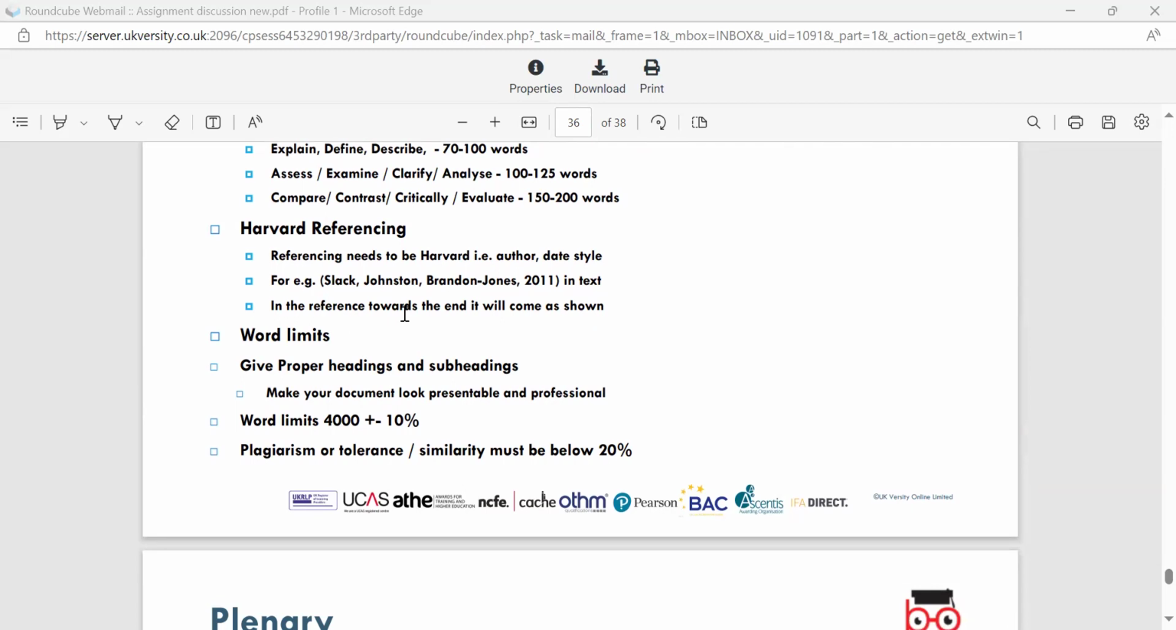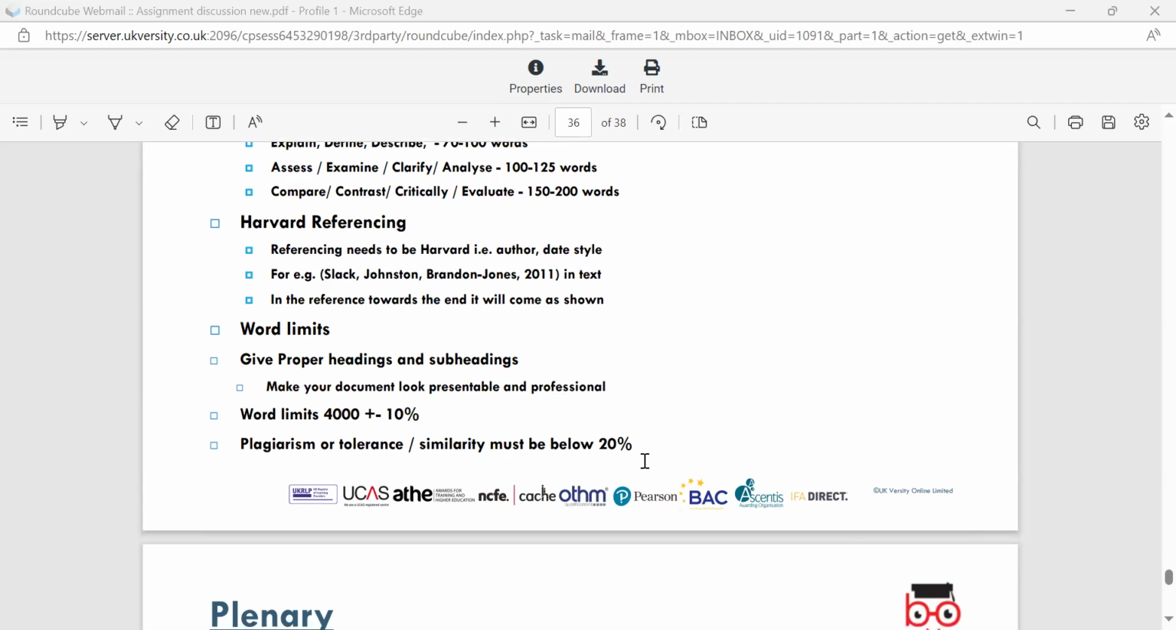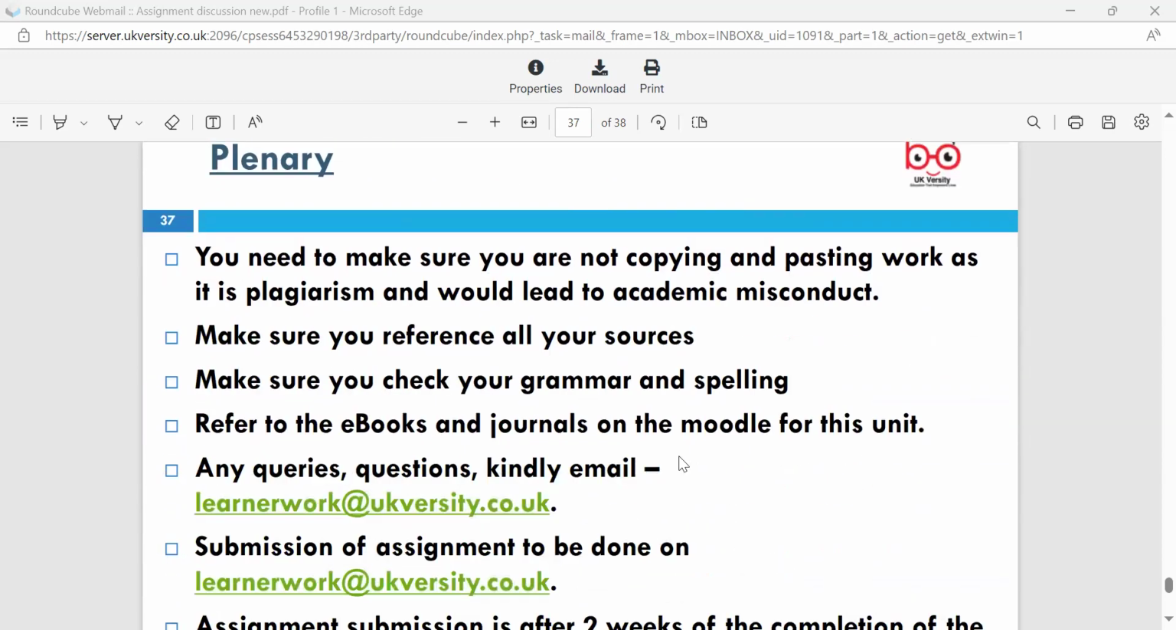And plagiarism and tolerance, again, importance. Do not plagiarise, do not collude, do not copy and paste. Similarity must be below 20%, okay? When it starts going above 20%, you've signed the declaration, but there'll also be elements that you've breached the policy. You need to make sure you are not copying and pasting work, as it is plagiarism and would lead to academic misconduct. Make sure you reference all your sources, and make sure you check your grammar and spelling,